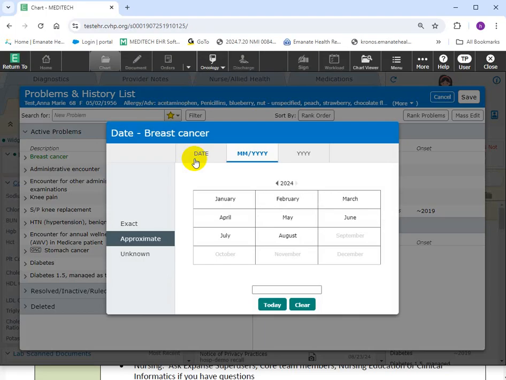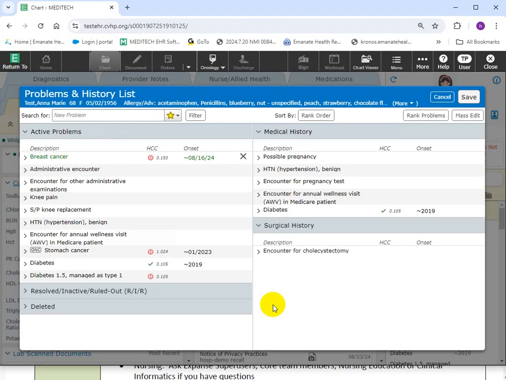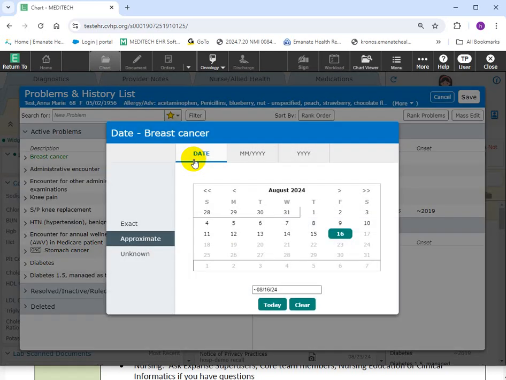This defaults to an approximate month-year format. You can also select that the onset is unknown, or if you need to indicate that it's the exact date, you can say today. If I click today now, while it is under the approximate section, it'll arrive with this little symbol that indicates an approximate date. So if I want to indeed say that it is an exact date, I would click to exact and then